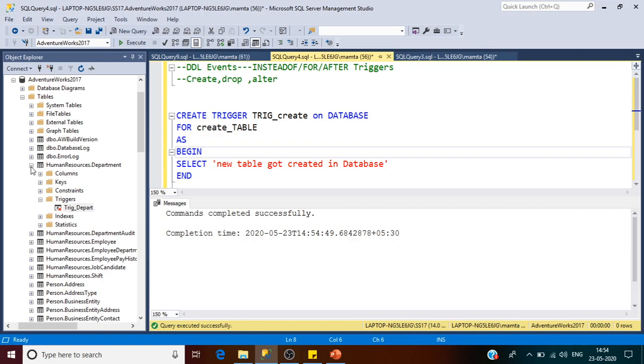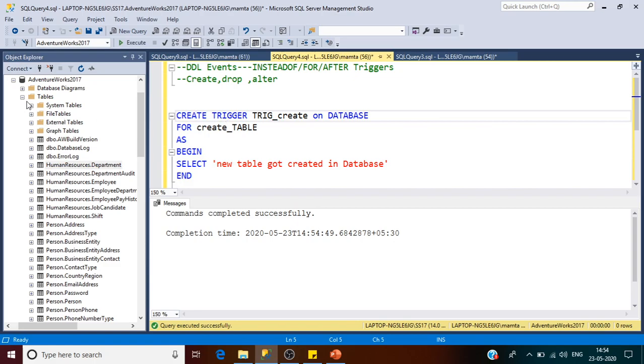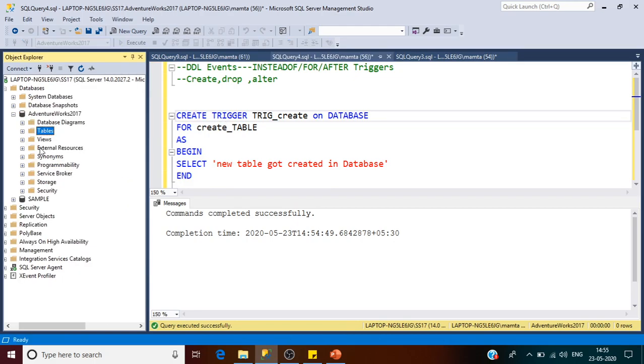Now if you want to see where this trigger got executed, you need to check at the database level. So collapse this table and refresh the database.